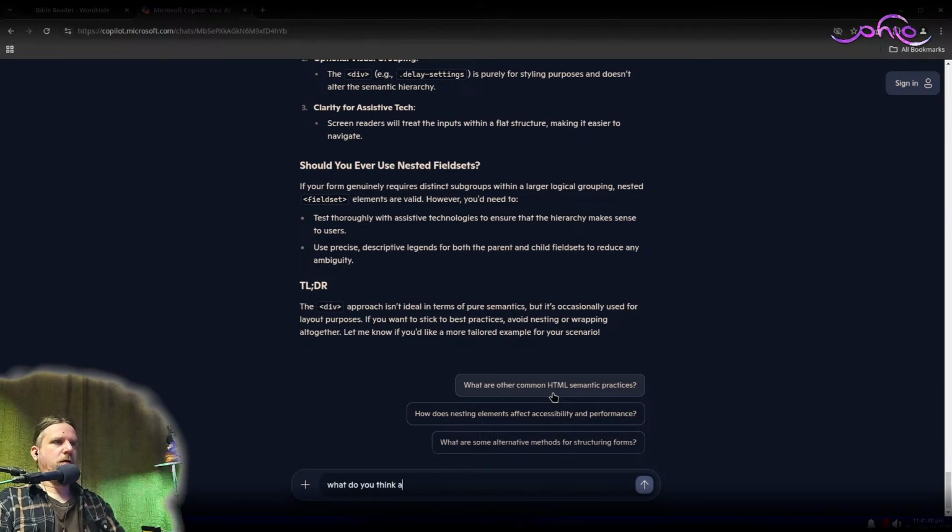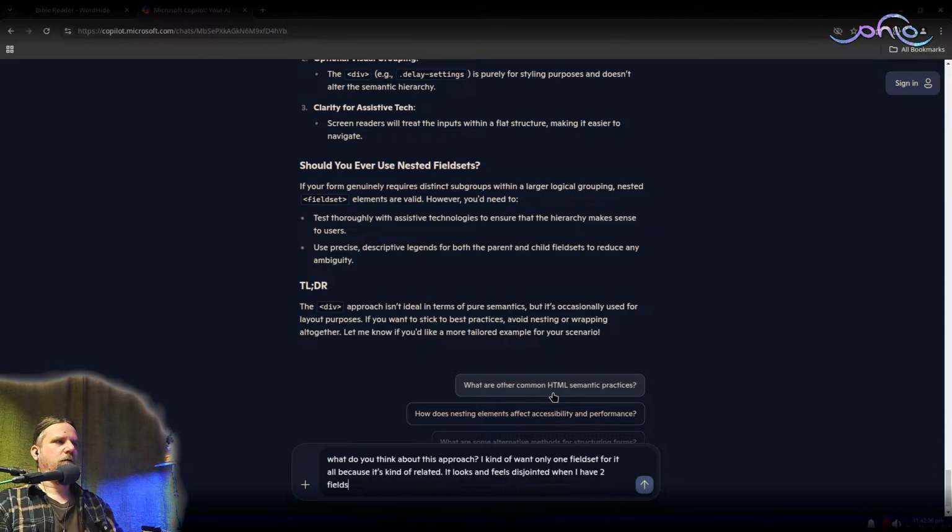What do you think about this approach? Oh, I kind of want only one field set for it all because it's kind of related. It looks and feels disjointed when I have two field sets. So I have a couple H3 tags to break it down logically while only having one legend.